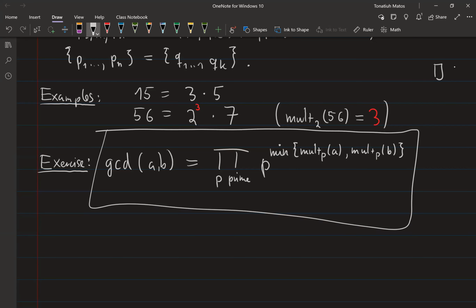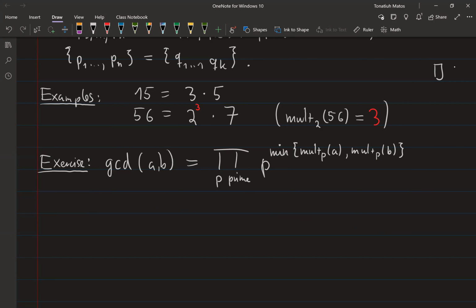For large numbers, this is much slower than the Euclidean algorithm because we have to find all these primes in the first place. And the only way of doing that is basically dividing a bunch of numbers, right? So the Euclidean algorithm is a lot quicker for finding greatest common divisors in general. But for small numbers, it might be quicker to factor this. Example,